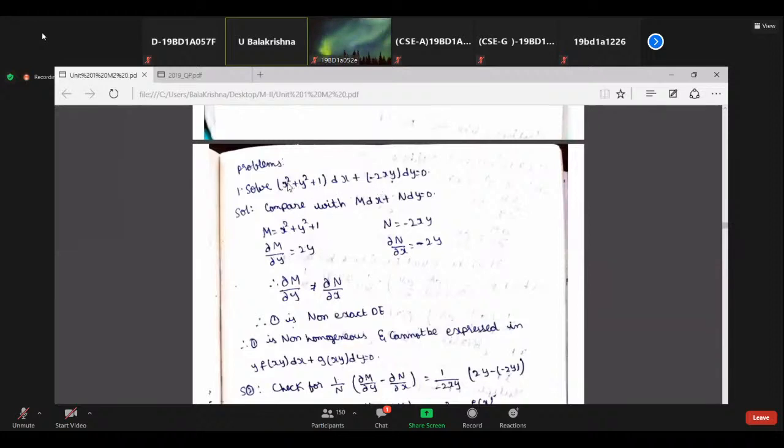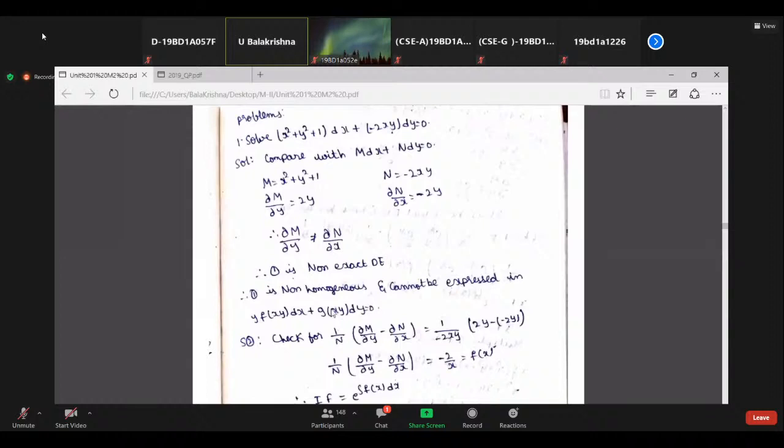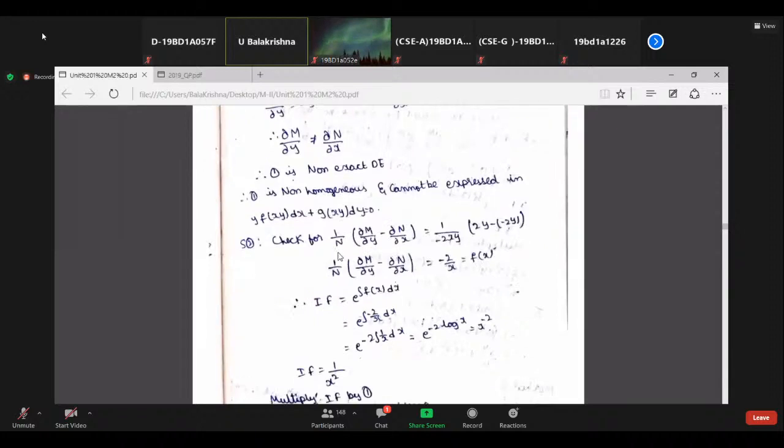So if you take y outside, will you have a function in terms of xy? No, right? Because here it will be x square by y, here it will be y, and plus 1 by y you will have. That means we cannot get it in the form of y into f of xy plus x into g of xy. So therefore, as it is non-exact, non-homogeneous and cannot be expressed so, we should check for this condition,